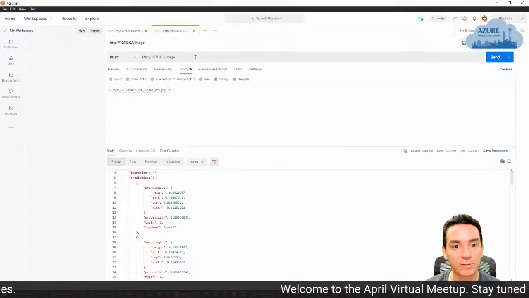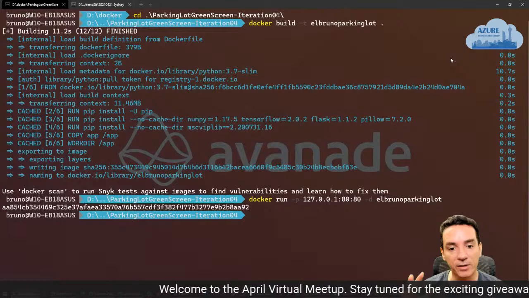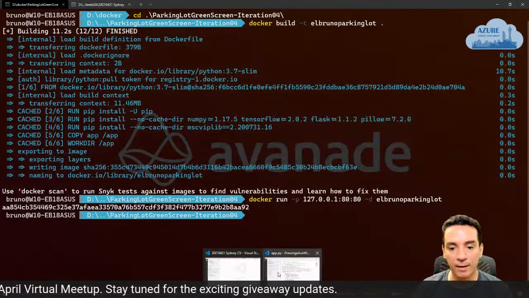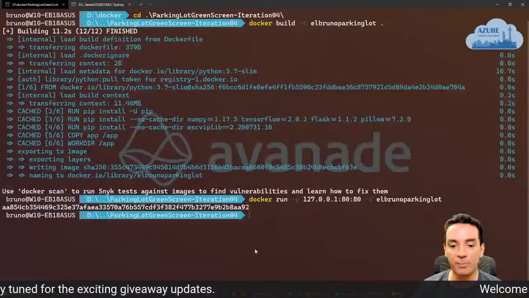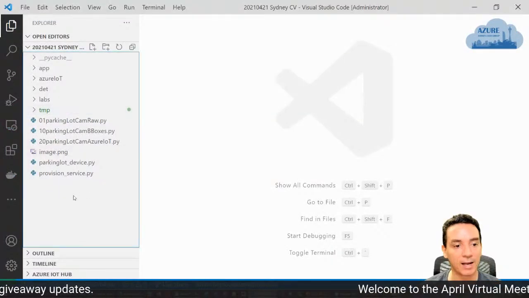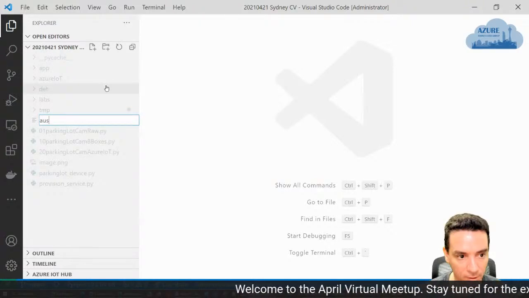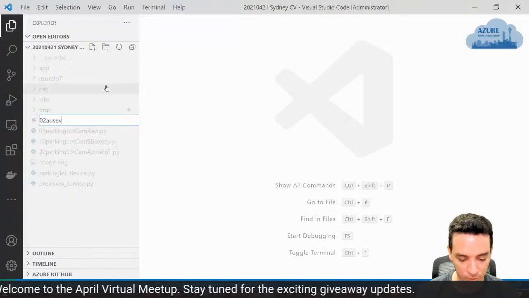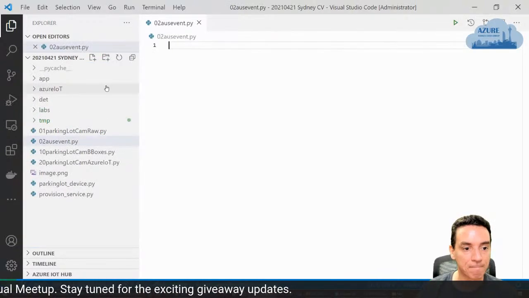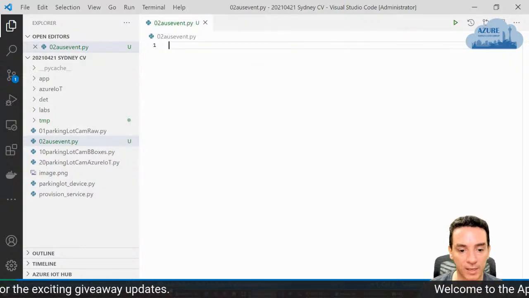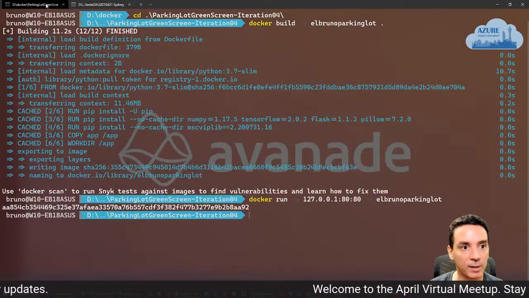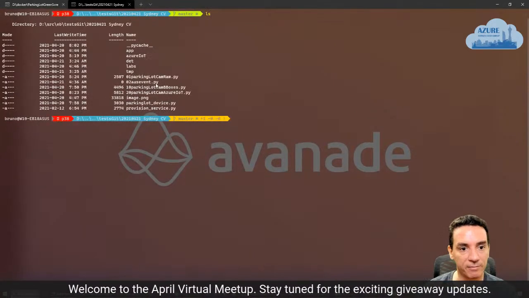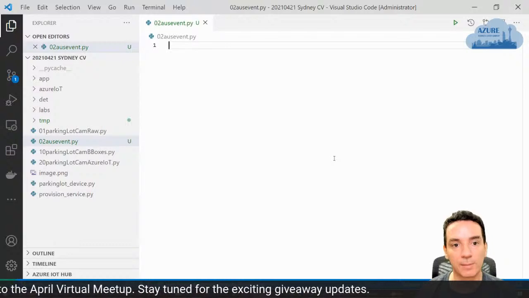So with all of this and having this run locally, let's build a solution, let's build a project in Python so we can analyze this. So let's create a new file, let's go for host 01, let's go the 02 host event.py, copy path, let me go back here to my parking lot screen, to Sydney. So there it is, there is my file. And let's write some code here.